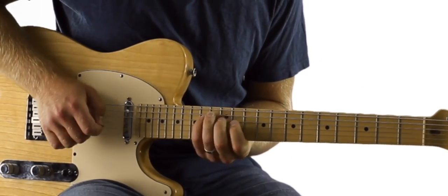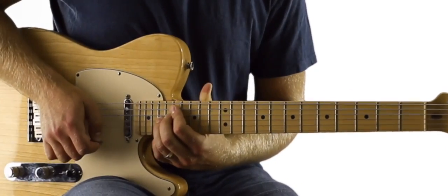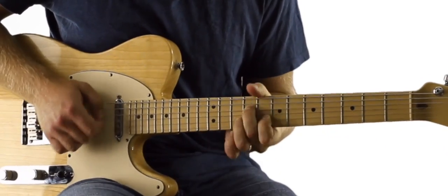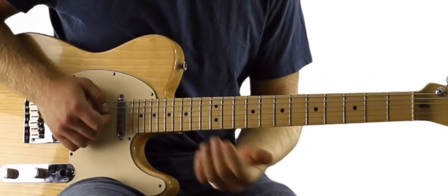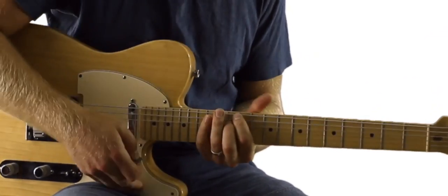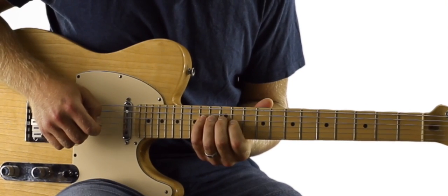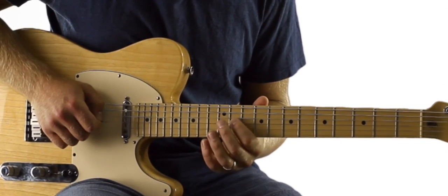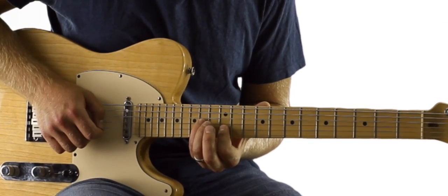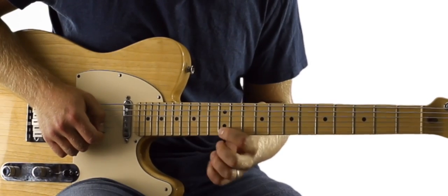2, 3, 4, triplet, 1 triplet, 2 triplet, 3 triplet. And then we're back to the melody up there where we're doing a very similar thing, we're just doing it an octave higher, right? Okay, so same kind of scale to start with, and it's a triplet feel here. So we're on the 12th fret of D, up to 14, then over to the G string, 11, 12, 14, and then up to the 12th fret of B. So 13 to 15, 12 of high E,